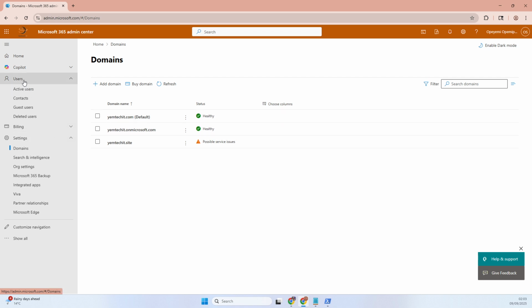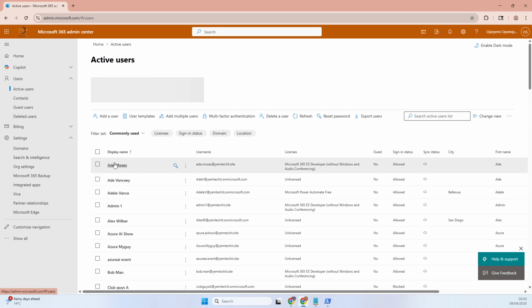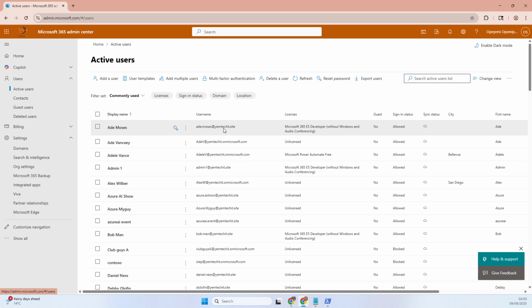So if you come to Active users, if you look at this user, you can see they're still carrying the old domain. Now I need to make sure that they carry the new domain to log in. So I'm going to be using Microsoft PowerShell Graph to update all the users to carry the new domain. So I'll open